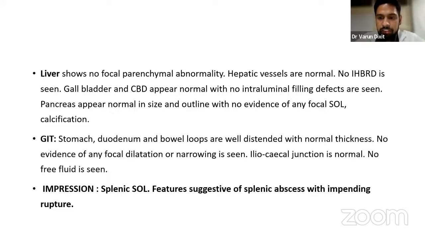So, pseudoaneurysm of the splenic artery, sir. Okay, where is the blood supply of the spleen from? The splenic artery comes from the celiac trunk, sir. Okay, and that supplies the spleen. And the splenic vein? Where does the splenic vein go? So it joins the superior mesenteric vein to form the portal vein, sir.